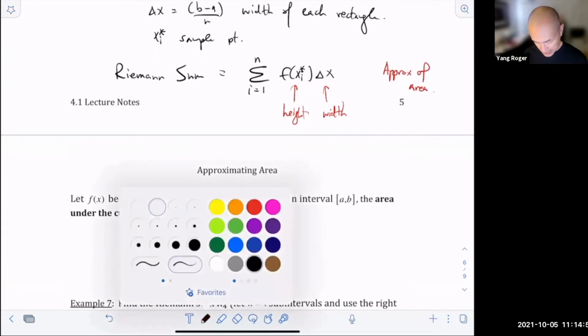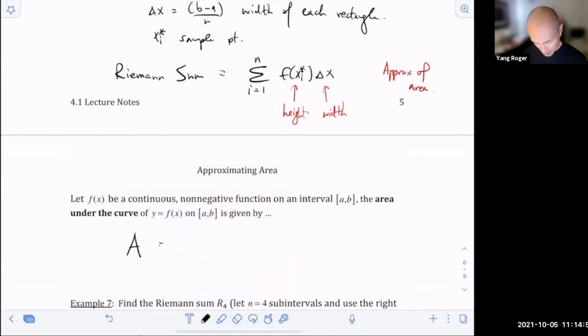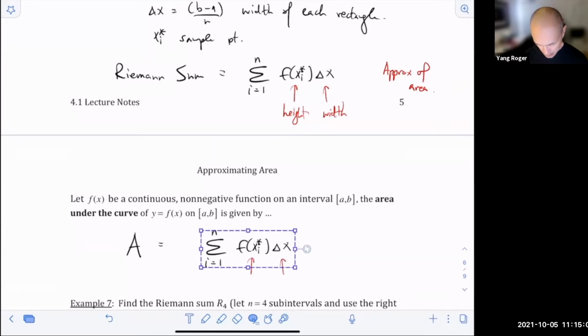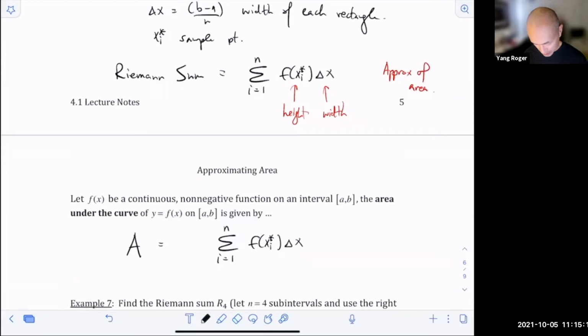But if you wanted the exact area, what you would do is take this finite sum here, and what you would do next is take the limit as the number of rectangles goes to infinity. Okay. So I can show you